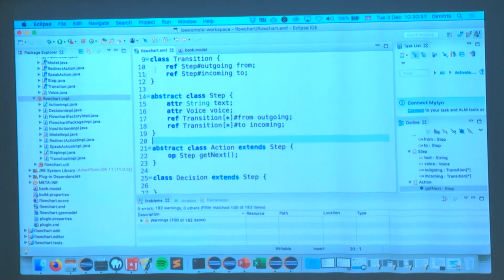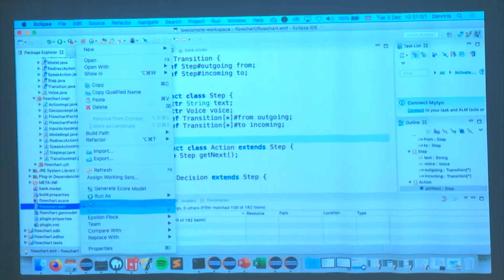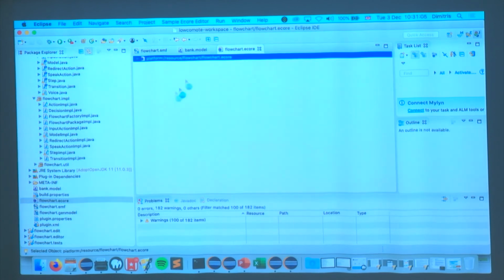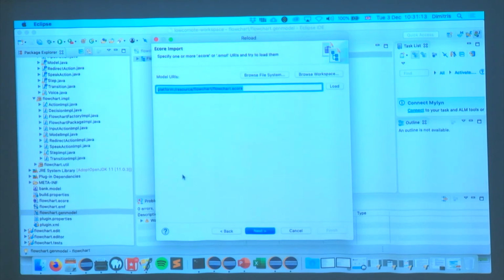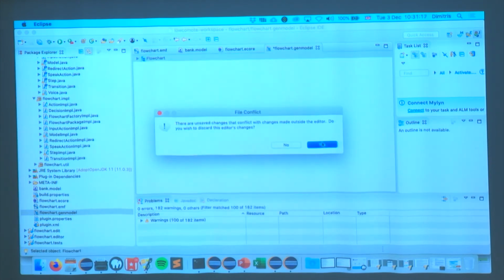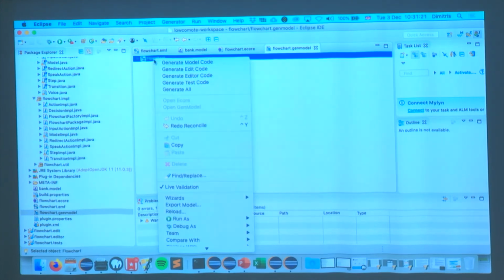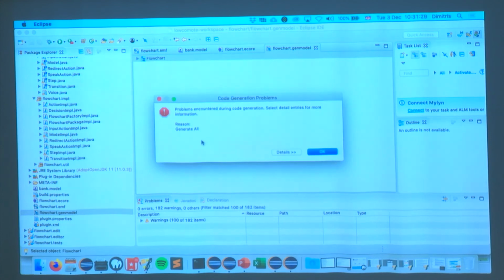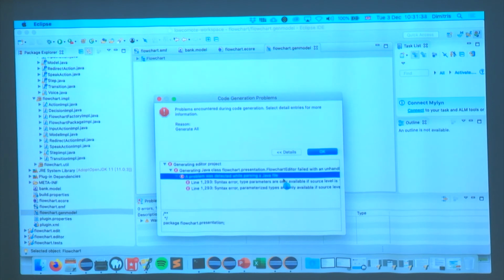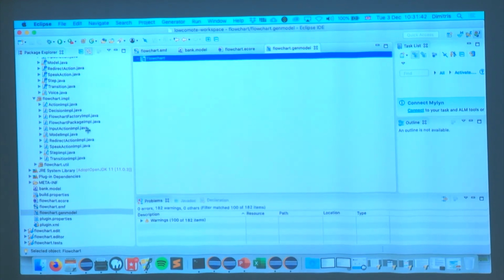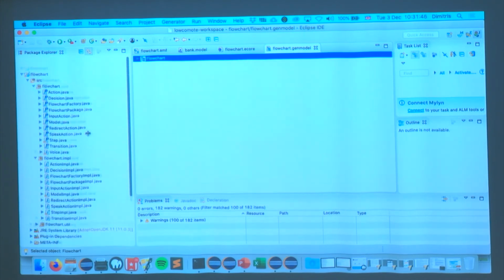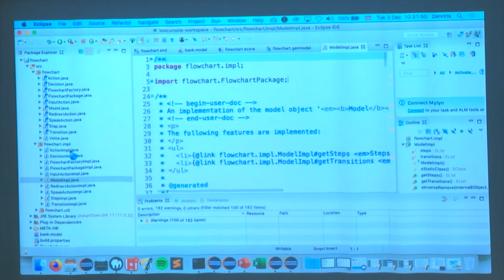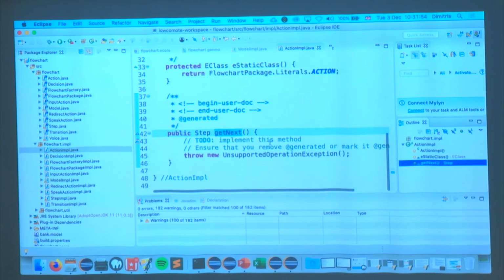Okay, so this is my operation. I can generate my Ecore again and reload the generator model. So update my generator model because I've made changes to the Ecore meta model, and then generate all again. Okay. So if we go to our Action class, there should be this getNext operation, which